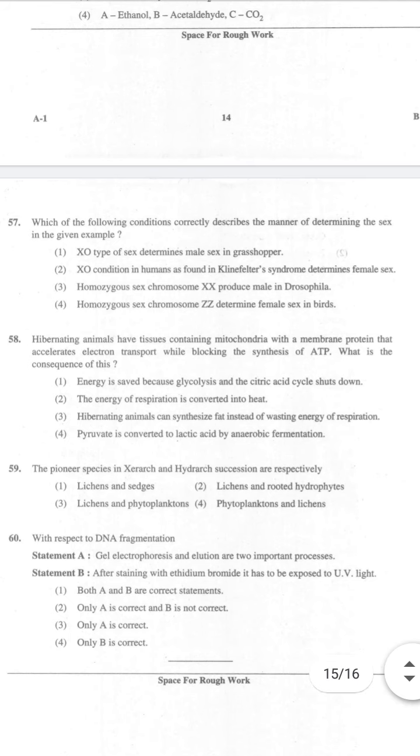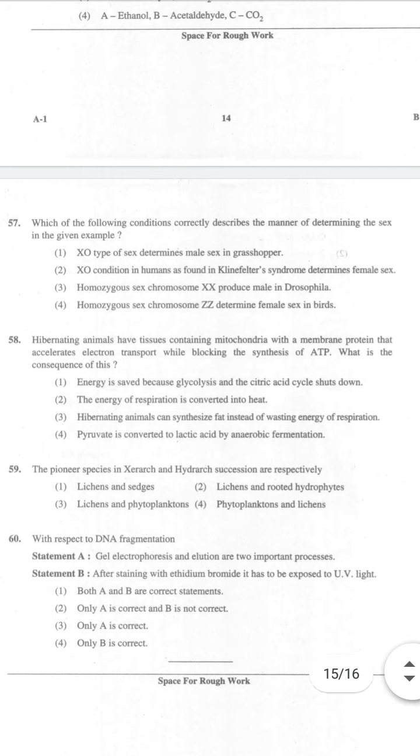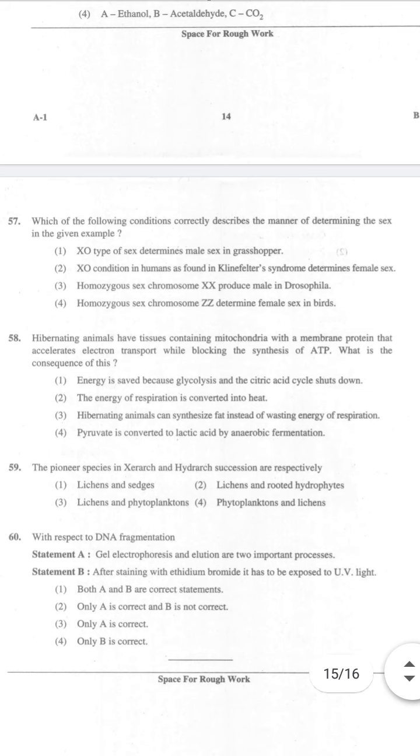During hibernation, the animal's metabolic rate drops significantly and thus requires less energy for survival. There are two types of adipose tissues, white and brown. Brown fat cells contain mitochondria and produce a considerable amount of heat because their lipids are respired with little or no ATP formation. Most energy is released as heat. Hope you understood. Then question number 59.